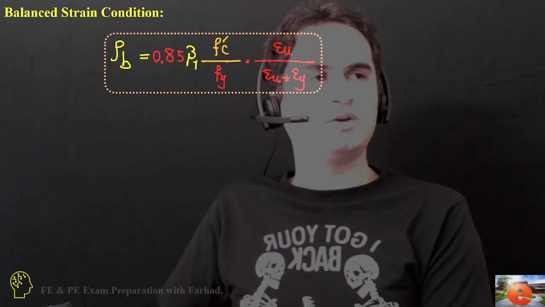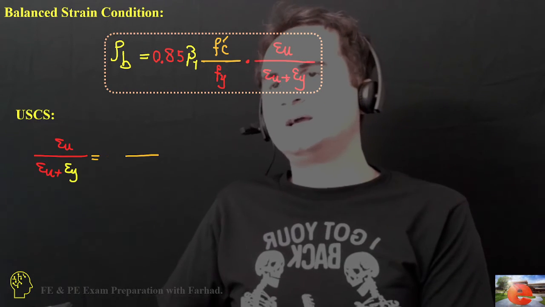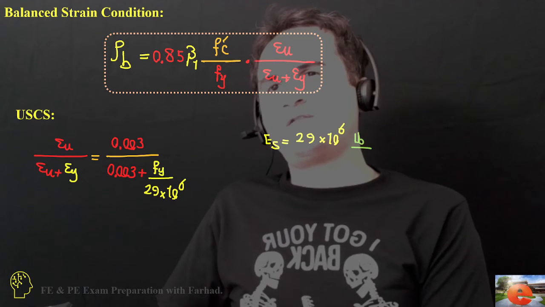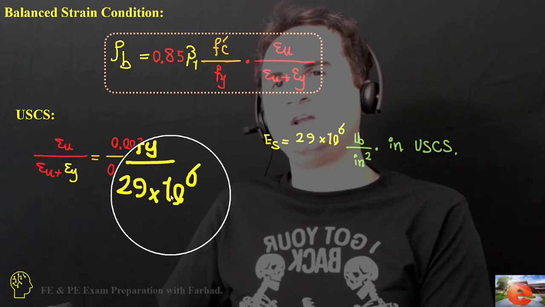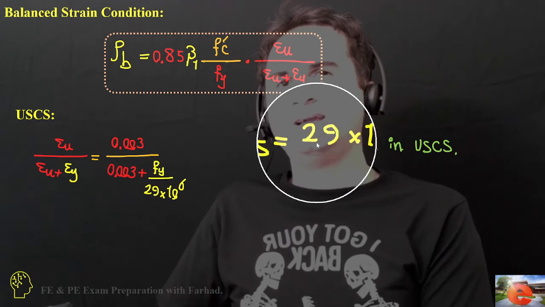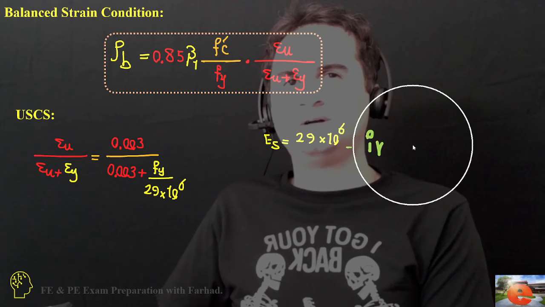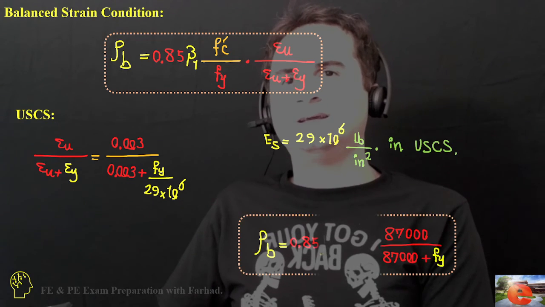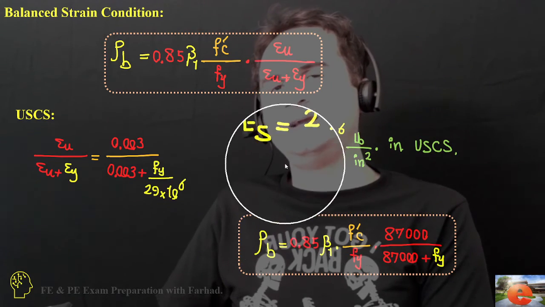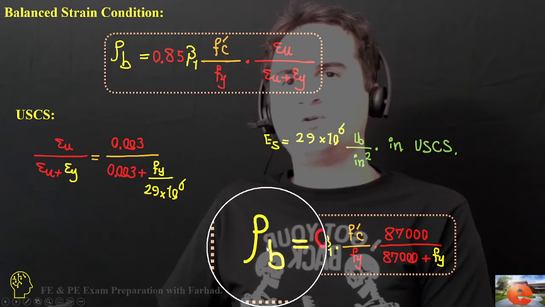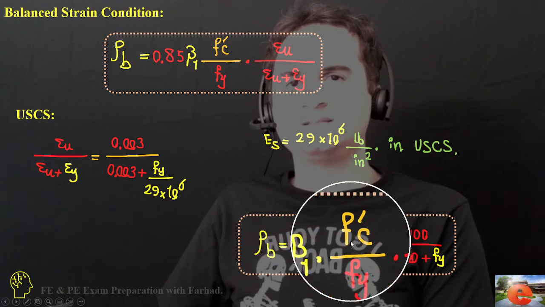Let's see how it goes in USCS. In US customary units, epsilon y is Fy over the modulus of elasticity of steel, which is 29 times 10 to the 6 pounds per square inch in USCS. If you replace that in the equation and multiply both sides by Es, it gives us rho balance in USCS: 0.85 beta 1 f prime c over Fy